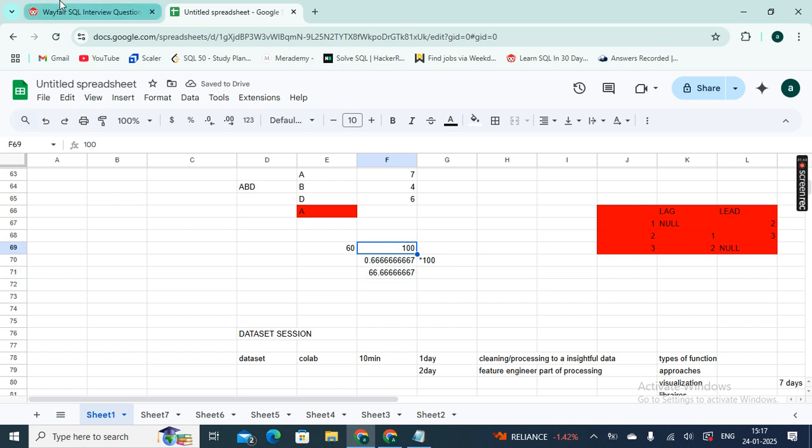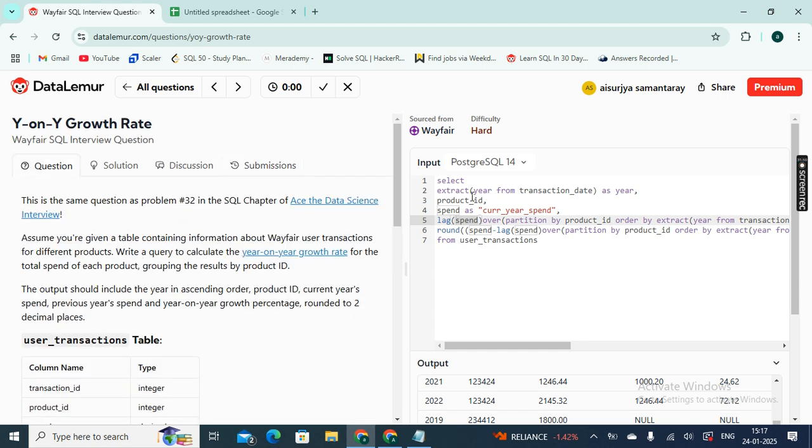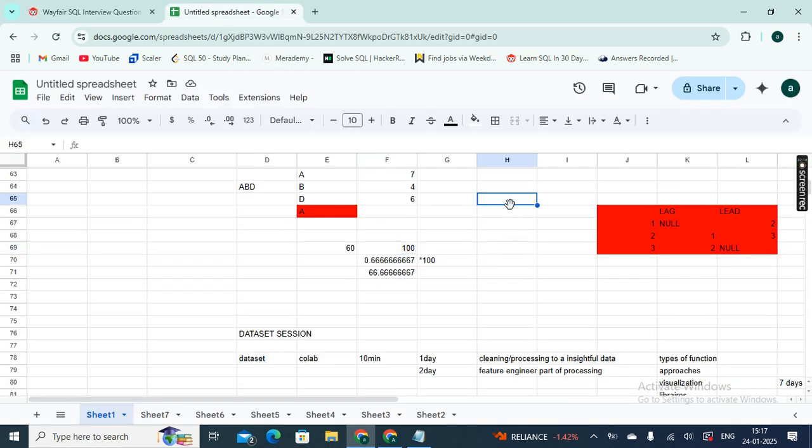To get this part, I used a lag function. In this question, it was nothing to do with the year as of now, rather it was all about the lag function. So we were considering the spend as the current spend first, then we created one more column of the previous spend, and then we did the partition by product ID, which gave me, if there are products A, B, C, then partition did what, A, and it was for 19,